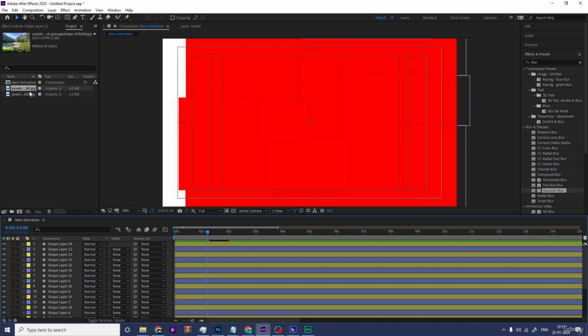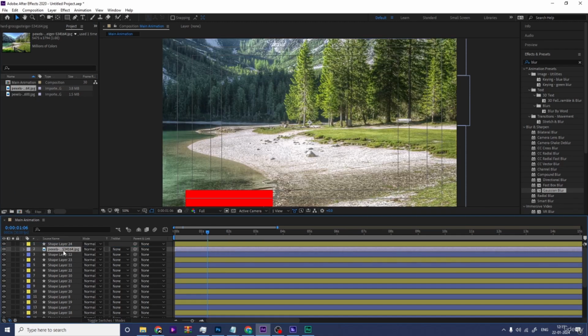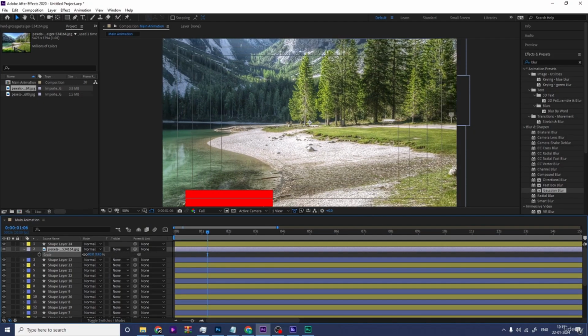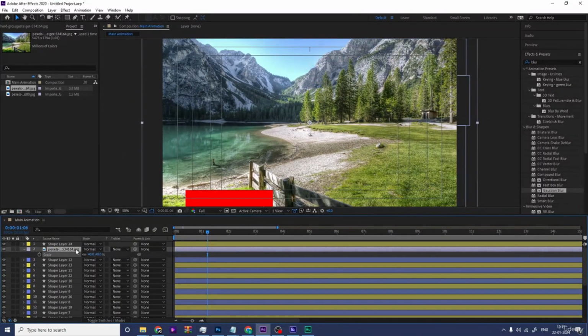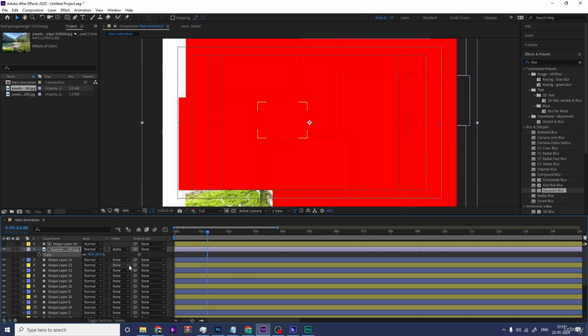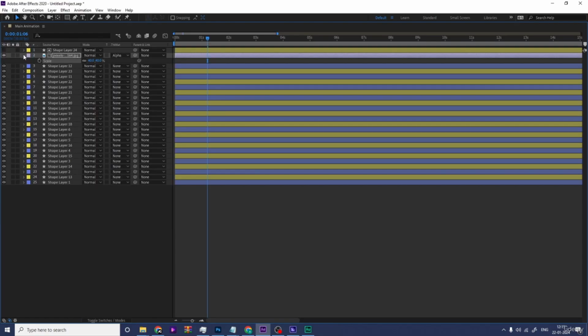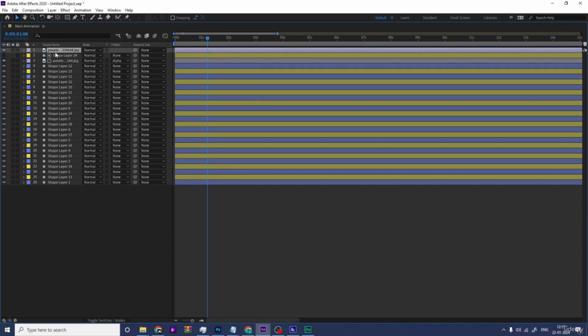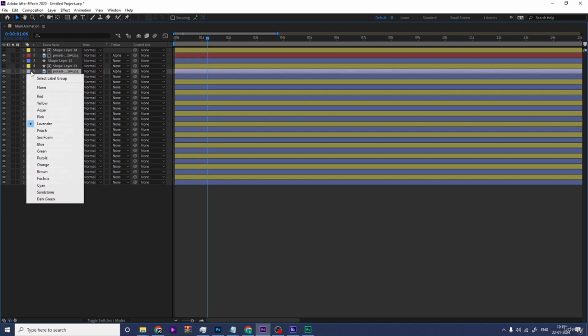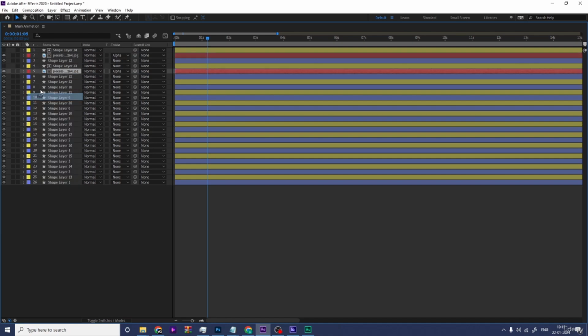Hit U, then select any one image over here, and we have to bring this image in between this. So first of all, let's adjust the size of this image. Make sure that it should not be completely inside the composition, a little bit portion should be outside of this one, and choose alpha mask. Okay, and let's maximize this stuff. Let's select this, hit Ctrl D, and we will bring this in middle of this yellow layer, and make sure to choose alpha mask, and we need to hide this. And let's change the color of this image layers into red one, so it would be easy for